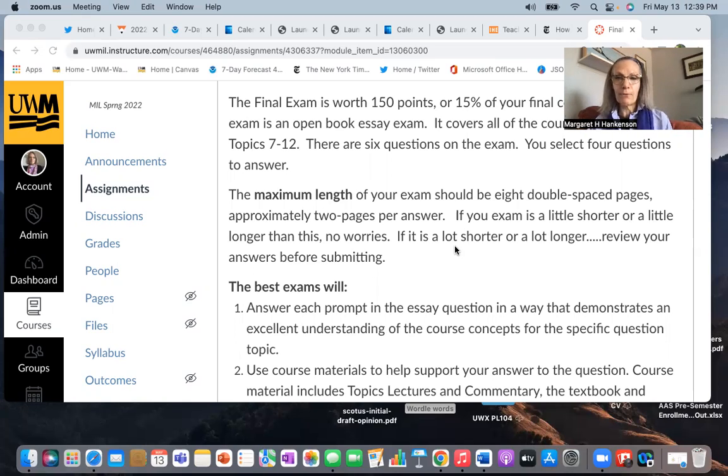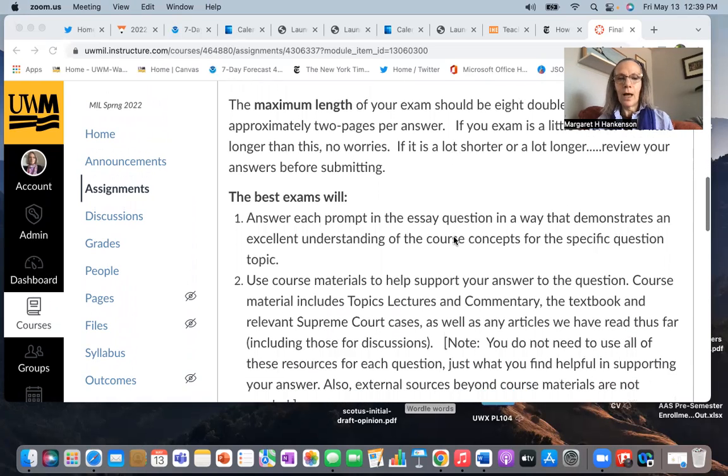A question that came up for the midterm is, do the questions count against your page total? Because I do like you to put the questions there. And the answer is no. You put the question there and it doesn't count towards your page total. So if you go a little over or under, don't think that the question itself is going to add to your page count. I take that into consideration.